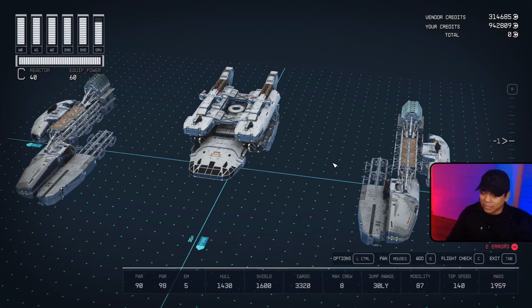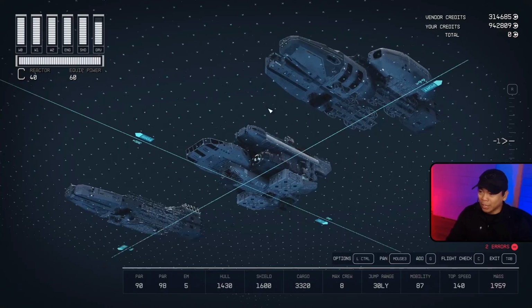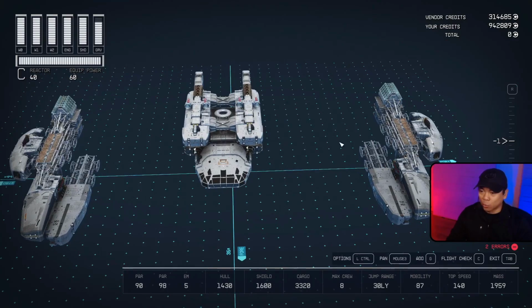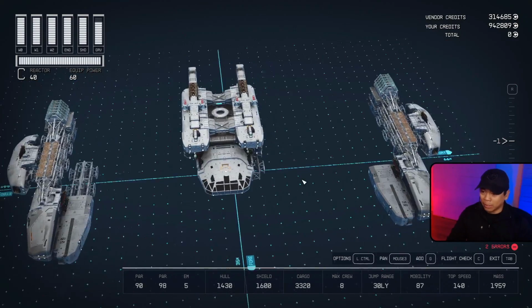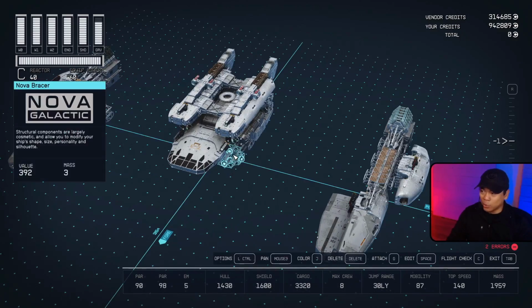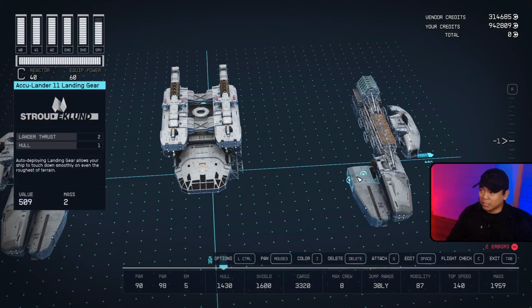So up to you once again. I mean, it could also be more cargo, which might mean you need to also include more landing gear to support the extra weight. Man, this is a very modular ship, and I like it that way. Because that's the concept. So I'm putting 2 Nova bracers right here, and inside of it we have the